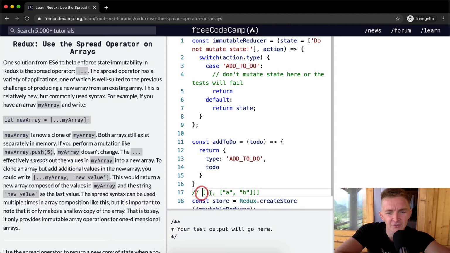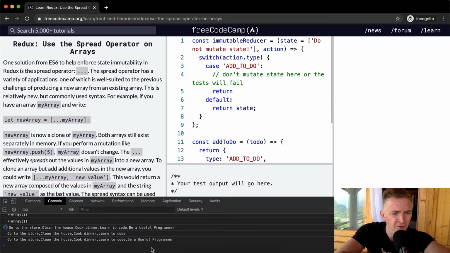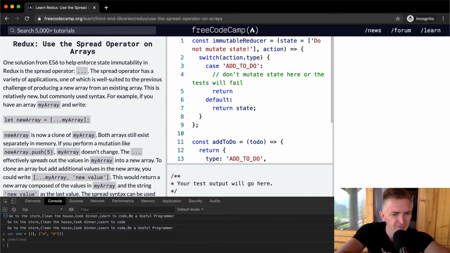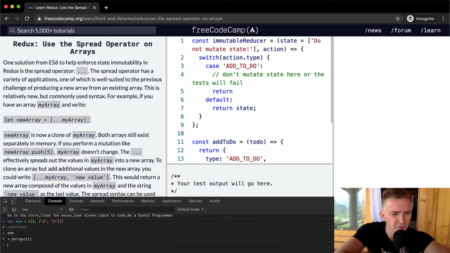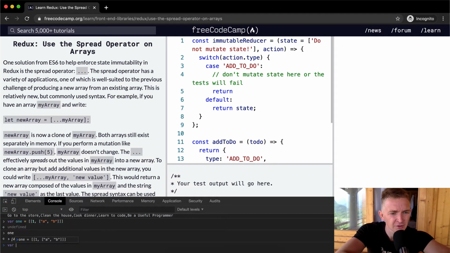let's say this one is, well here, I'll do it in the console. So I'm opening this up and jumping into the console. We're going to say let or var one is equal to this array. It's a two-dimensional array, right? So it's got 0 and then 1, 2. And then if we were to say two is equal to [...one],